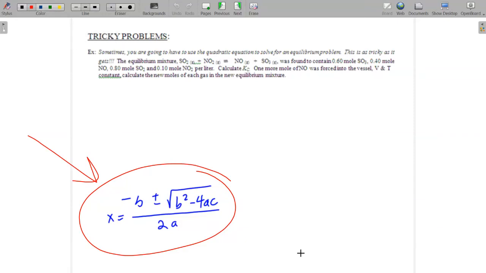Okay, so now you've watched videos on how to set up ICE tables. You've watched videos on how to calculate Q and what you're supposed to do with figuring out which direction a reaction goes. Now what we're going to deal with right now is some really tricky problems. Now, dun, dun, dun, it's showing you on this slide right here a sneak preview of the fact that you